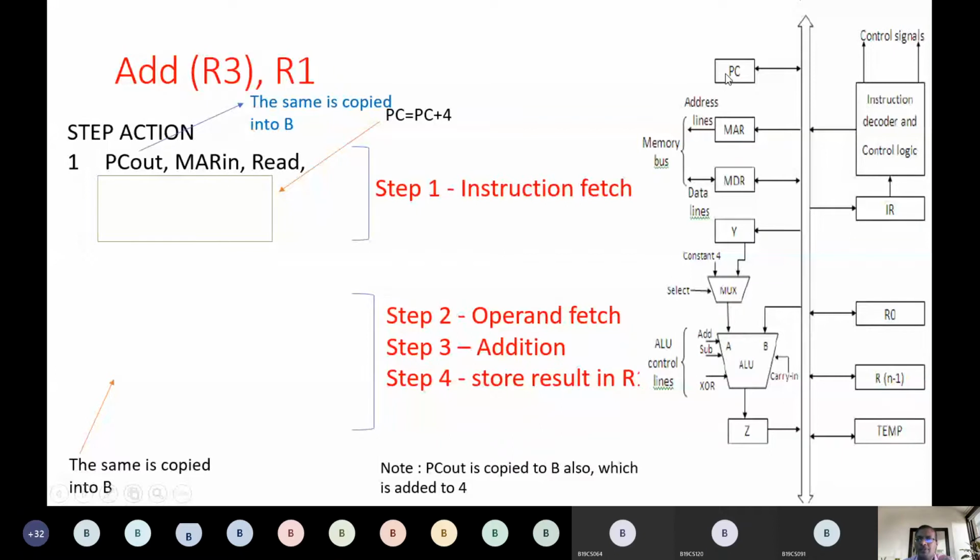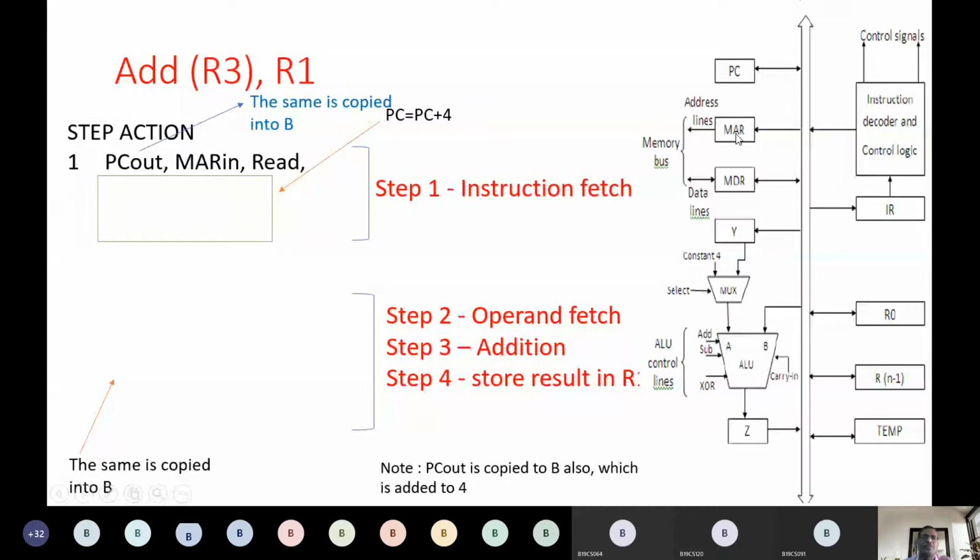So data flows out to the single bus, and where does it go? Immediately MAR in. The MAR input signal is set to 1, so it accepts the data from PC. So what exactly flows from PC? PC generally contains the address of the instruction which needs to be executed next. So that address will flow when you say PC out, and when I say MAR in, that address gets into the MAR register.